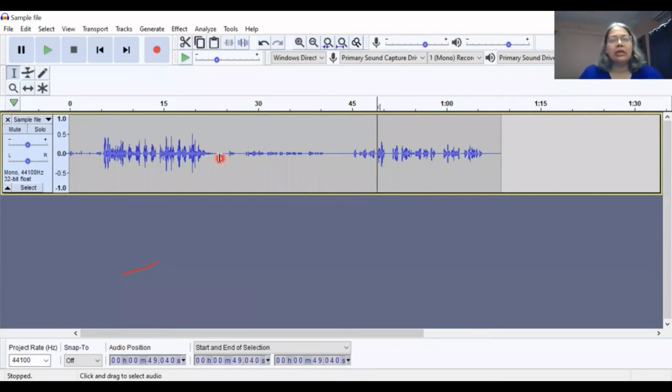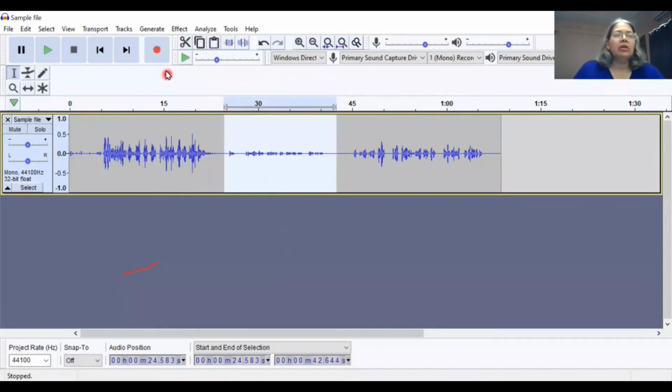So see, the volume here is also less, but not as soft as the one in the middle. I am selecting this part. Now you know how to select it, right? Left click, hold left click and drag to wherever you want to include it, and then leave the left click, right? So this is what you have selected.